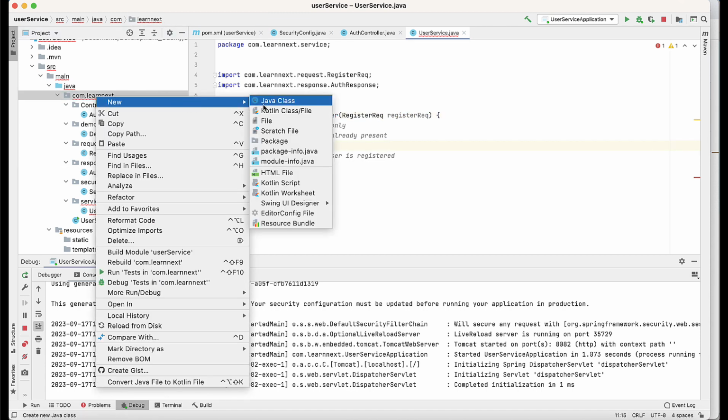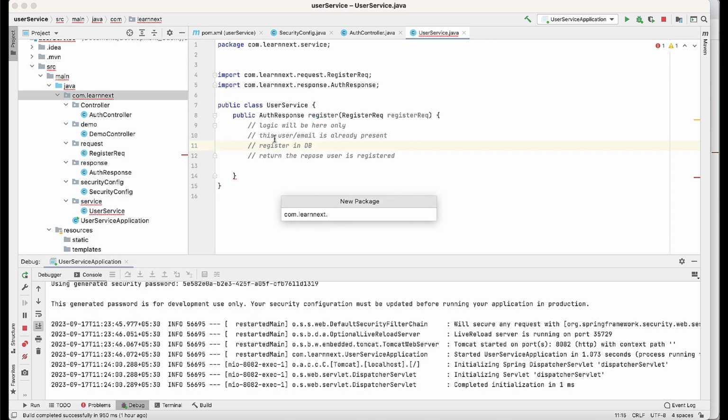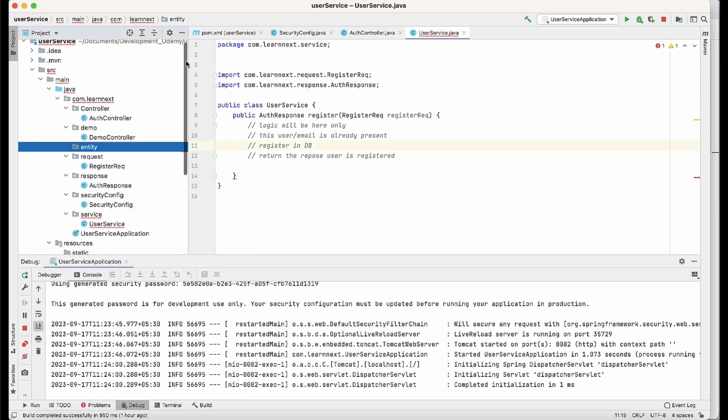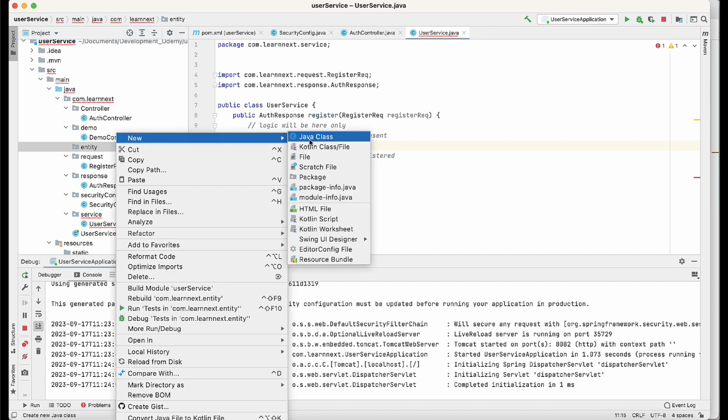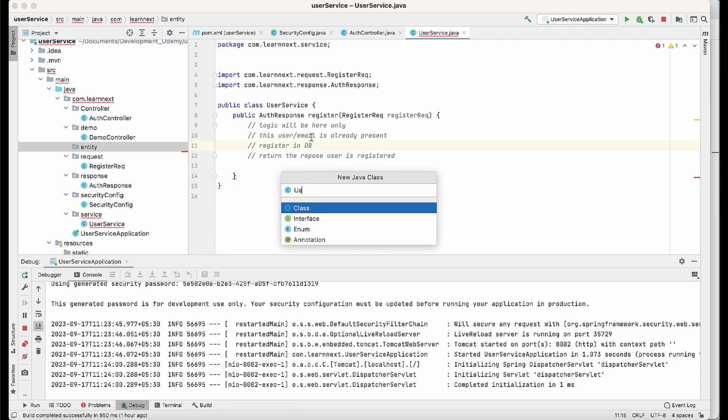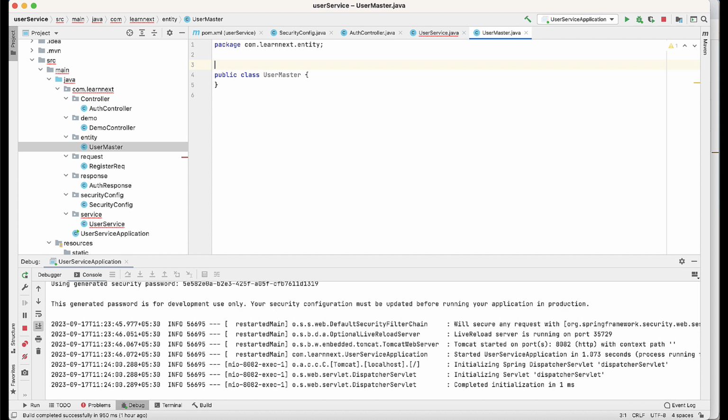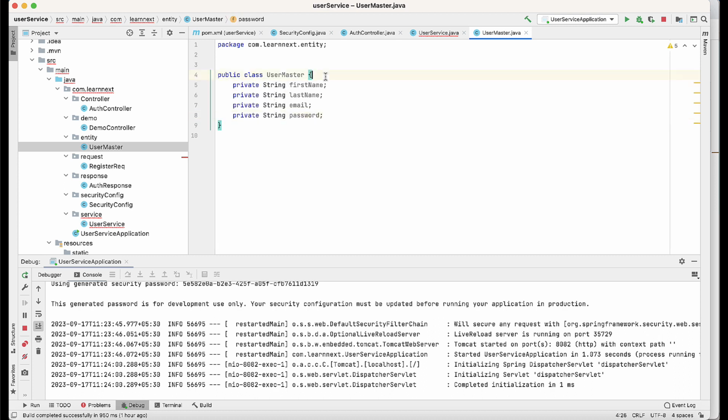So I'll create one more package, that is the entity, right? In the entity package I'll create one class, that is the user, something I'll give as user master. The parameters that I'm going to write over here are the same as the request one. So now I have to make this an entity, so I'll simply add some annotations, and I'll add private